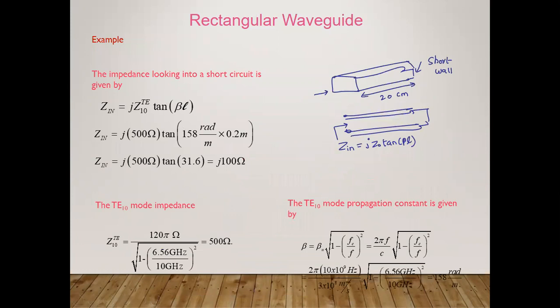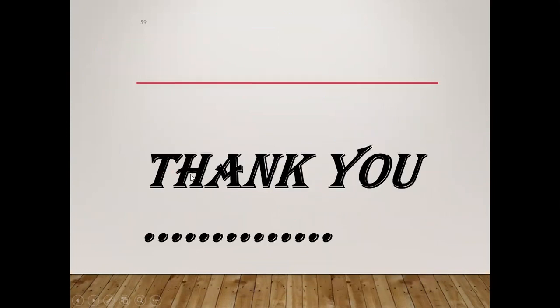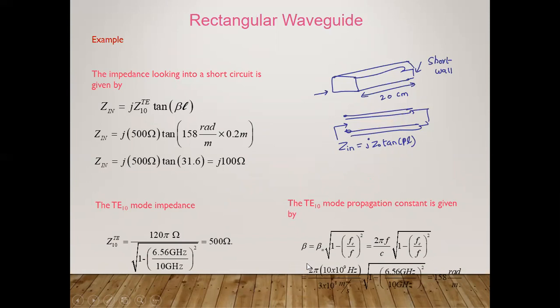Likewise, the impedances also can be calculated. Zin, even in the mode also you can find easily. Zin, the imaginary part also you can find easily, that is j tan of beta L. So you need to substitute the value of what is beta and what is the value of L. You can find the propagation constant easily. With the help of that propagation constant, you can find the TE10 mode impedances.